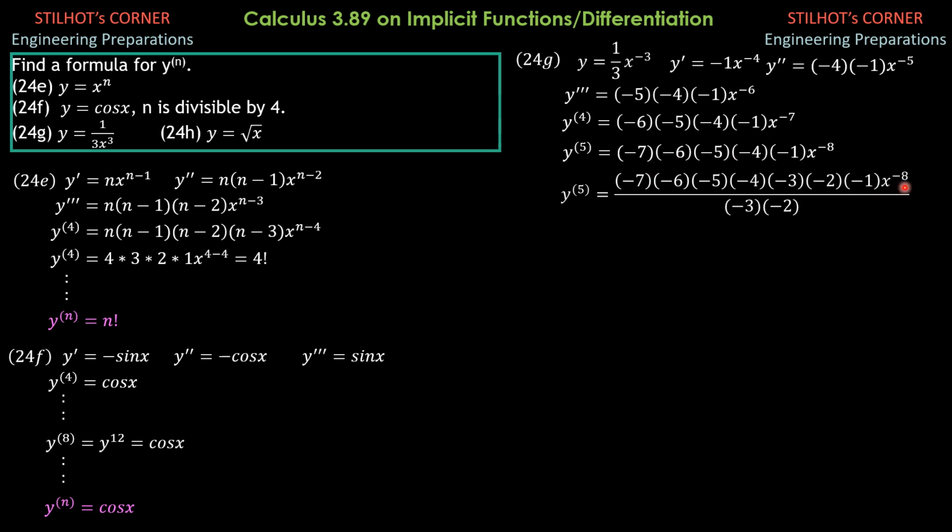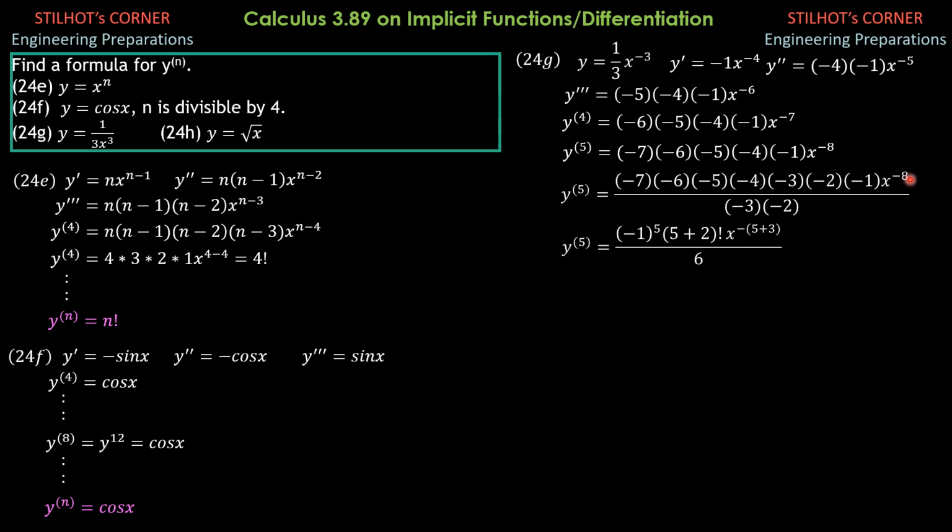Then the 8 here is the negative of 5 plus 3, to generalize it. So therefore, y to the fifth is negative 1 to the fifth times 5 plus 2 factorial, because this is supposedly 7 factorial, and 7 factorial in terms of the fifth derivative is 5 plus 2 to make it 7 factorial. And